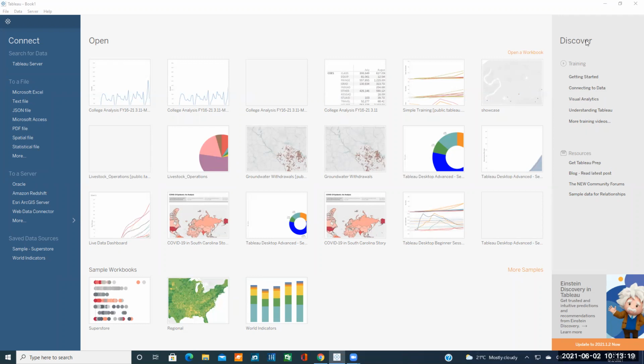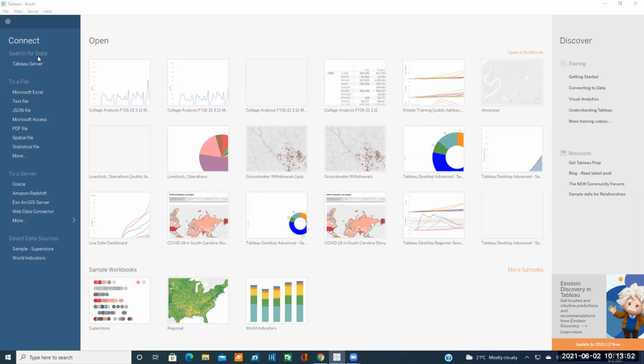Here also in the Discover section, there are some training materials available for Tableau Desktop and Tableau Prep. It's good to know that we have the license for the e-learning of Tableau as well, so you can access the workshop materials and tutorials on the official Tableau website with the Clemson license. And here, the main thing we have is the Connect